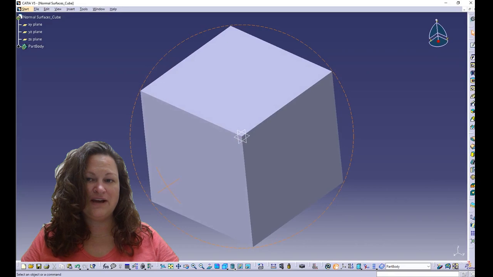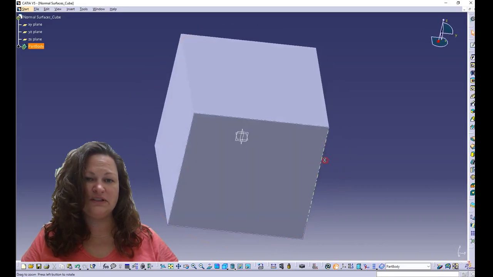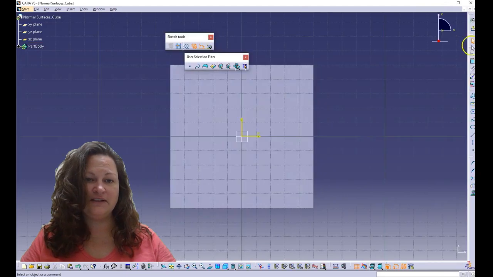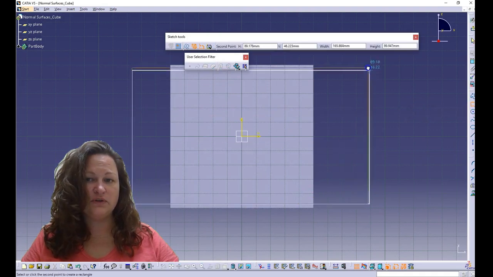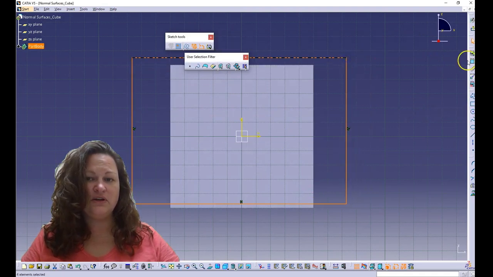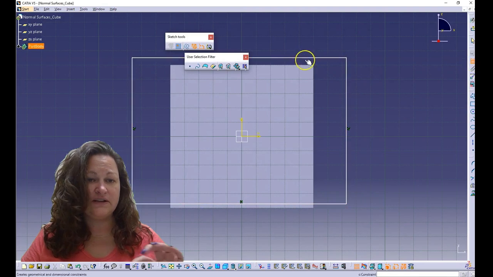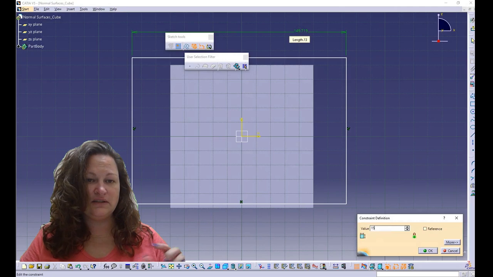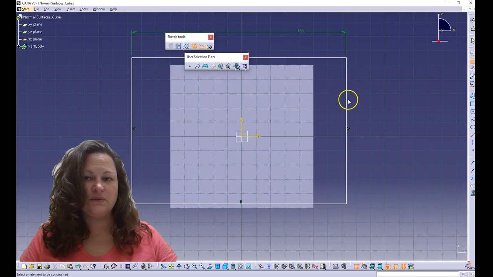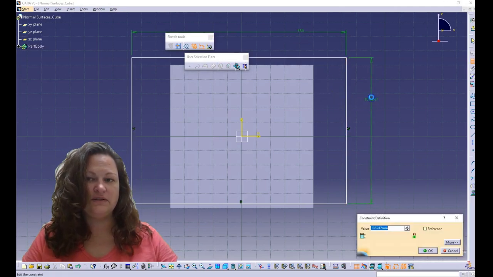Now I'd like to show you how to add multiple pads onto an existing one. So what we're going to do is use a surface that is a flat surface, enter into sketch mode on that surface, and then just add our sketch like we would on one of our reference planes. So here I want one of the edges down at the bottom corner to meet and then extend on the other three sides. So we're going to just go ahead and dimension those and then add a coincident relationship